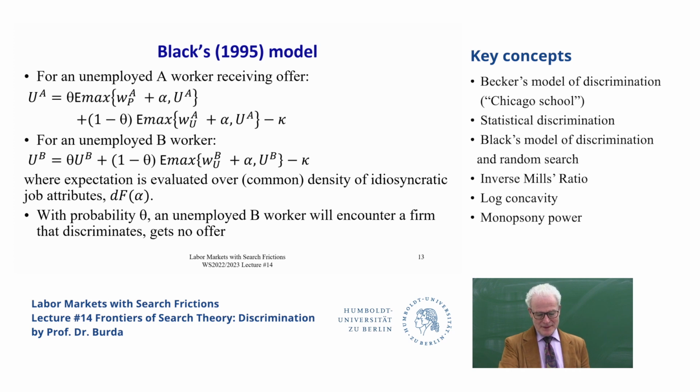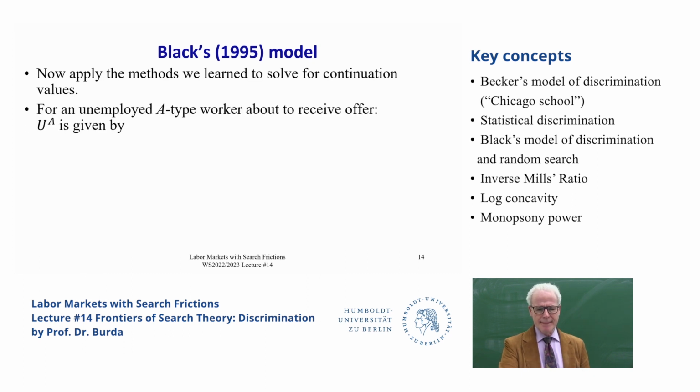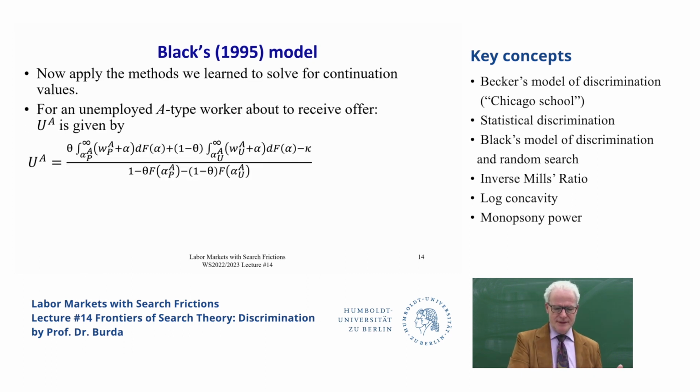And the cool thing about this is that the poor B worker doesn't have a chance to actually get a wage offer from A, right? From the wage offer that A workers would get if they landed at the prejudiced firm. Okay, so we can solve for this, and this is just an application of what we did before in gory detail. So you end up getting a utility value. This is like solving for U, okay, and it implies